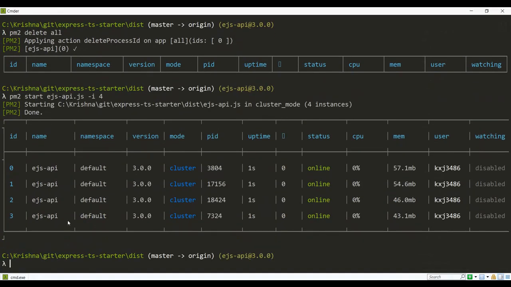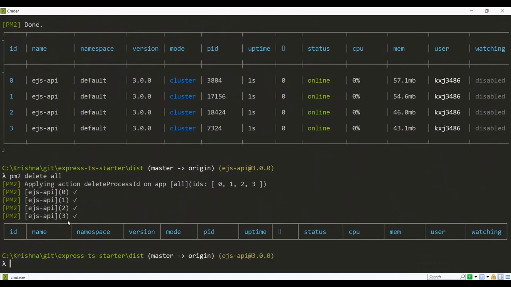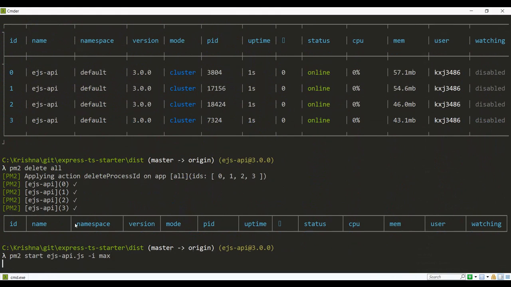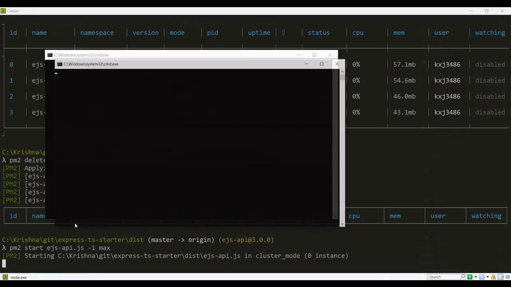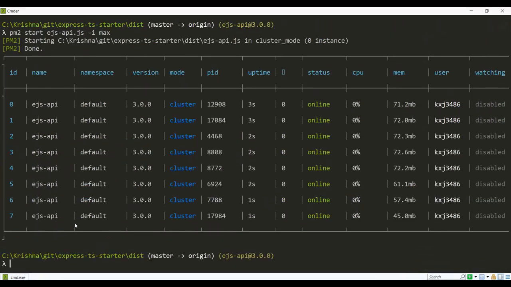It started with 4 clusters. If I delete it, all 4 will be deleted. If I don't want to specify the cluster number, it is based on the available cores, and we can set it to max. It has created 8 clusters.